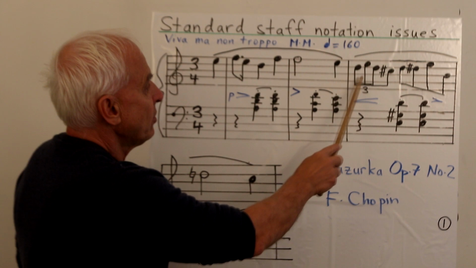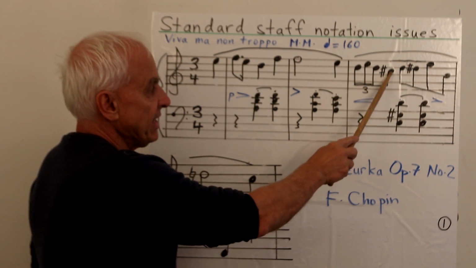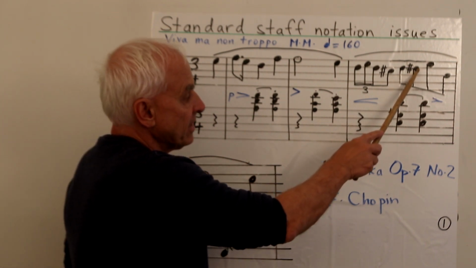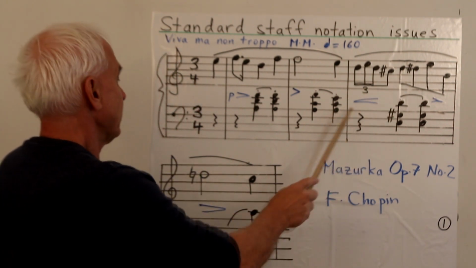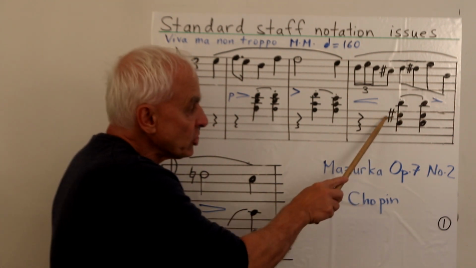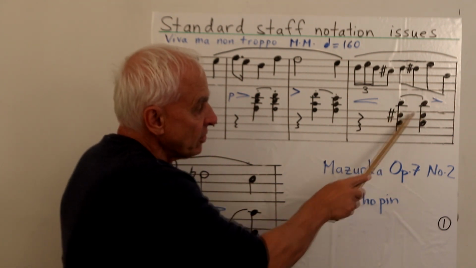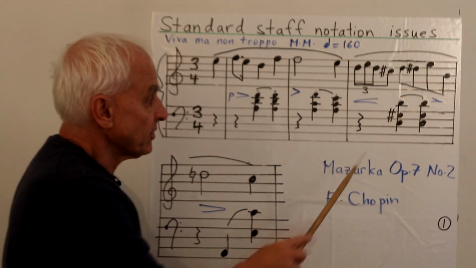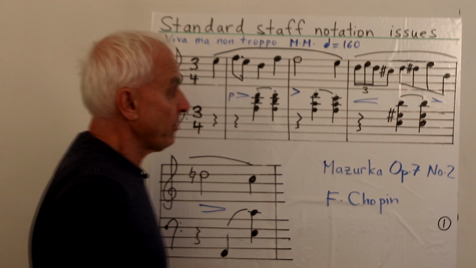So when we get to this note here, it's ordinarily a C, but there's a C sharp in front of it. And here there's a D, but that's a D sharp. And down here in the bass clef, that would ordinarily be a G, but there's a G sharp. And this sharp here also applies to all the other similar notes in the bar. Okay, so that note there is also a G sharp.